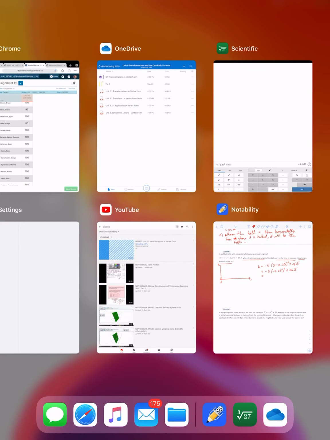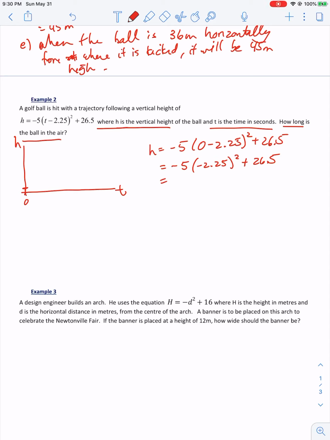That doesn't mean that's where it's hit, that's just where it is at time 0. So 1.1875 is here. After 2.25 seconds, it reaches a maximum value of 26.5, and then at some point it's going